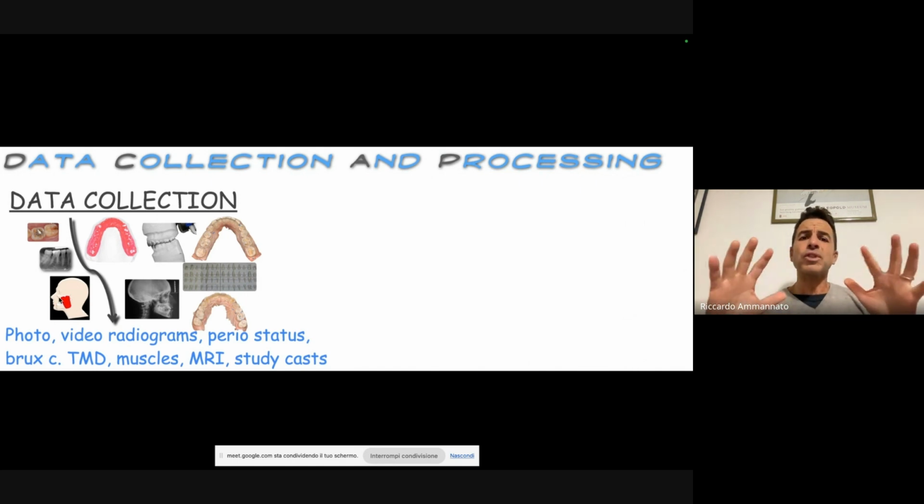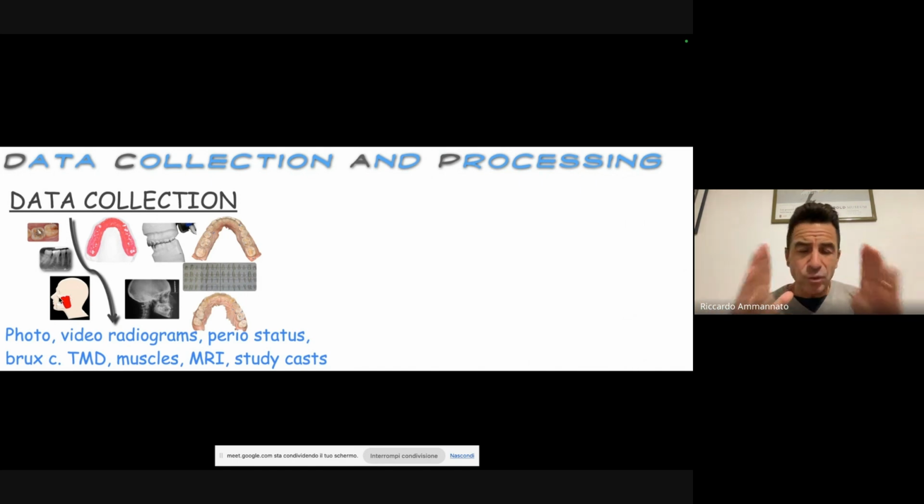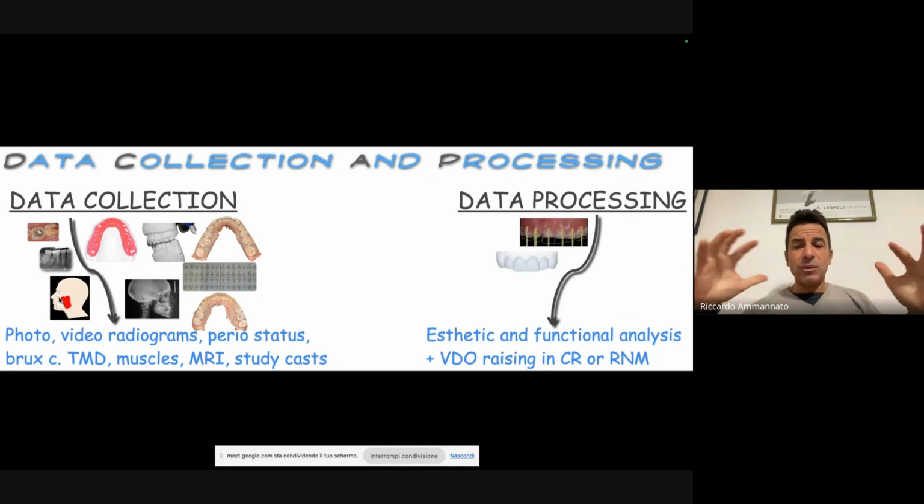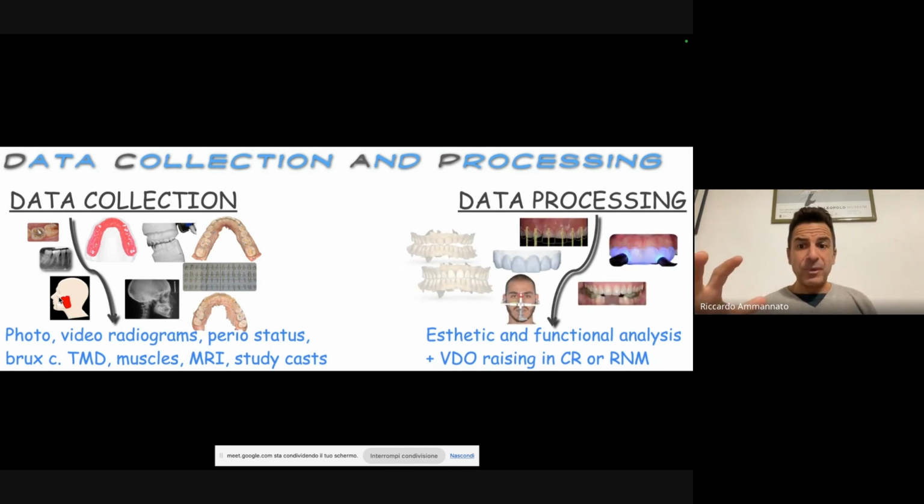We need also to do something very important, which I do in my protocol in all these cases: checking the muscles and checking the TMJ, all that kind of stuff, which is very important to integrate in the teeth. We have a system around our dentition that must also be taken into consideration, especially in this kind of case. So when we gather all the data, we then need to do our data processing, okay?